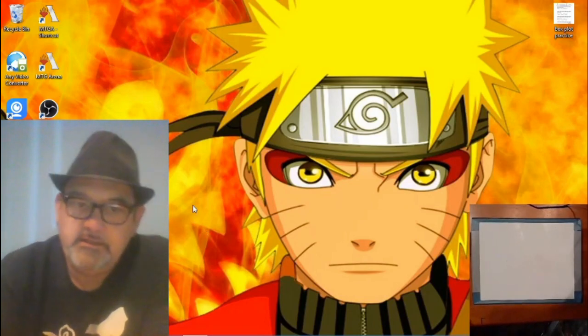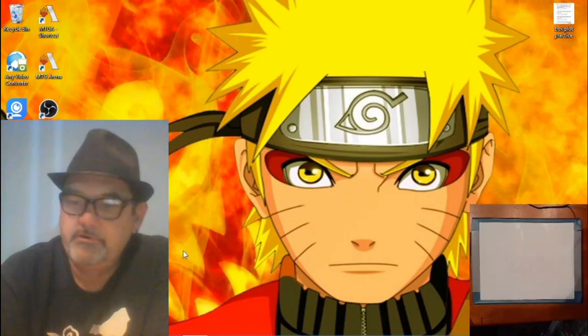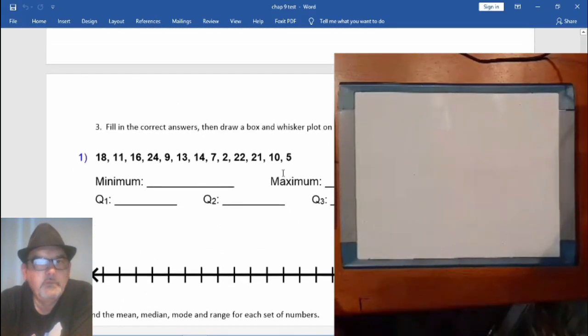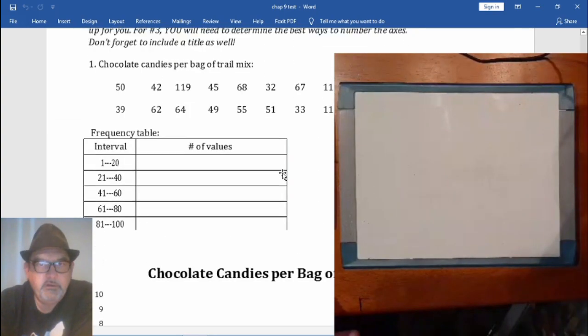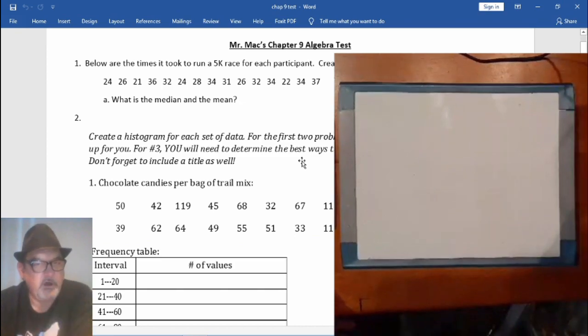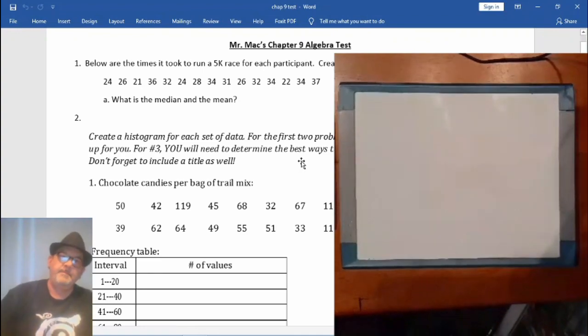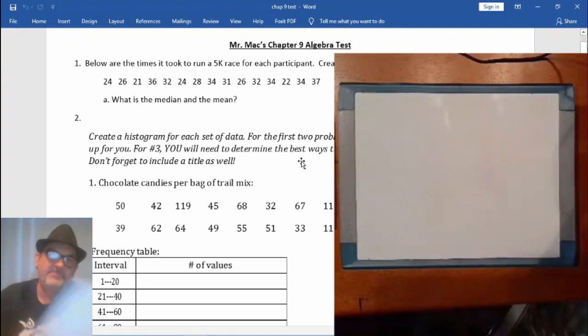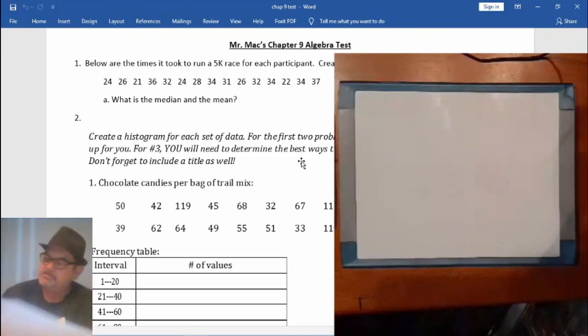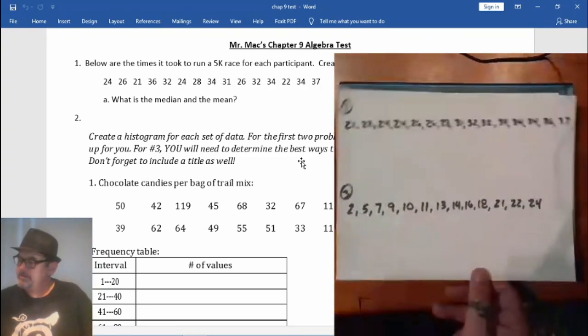So let's go ahead and get started on going over the test. Let me change these windows. All right, there we go. So I made this window a little bit larger so that you guys can see. So you may not be able to see all of the questions in the background, but you guys can follow along. All right, so let's take a look at number 1. So below are the times it took to run a 5K race for each participant. Create a dot plot for the data. All right, so here is